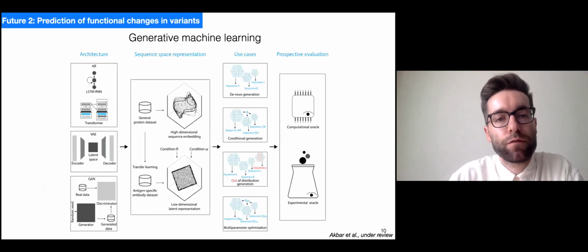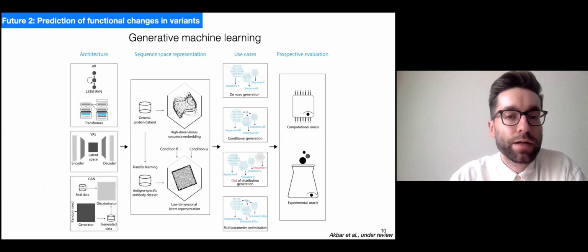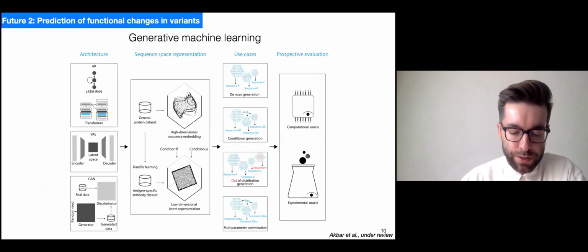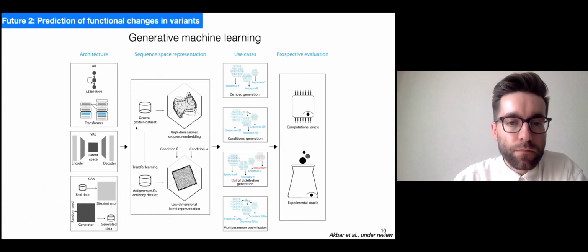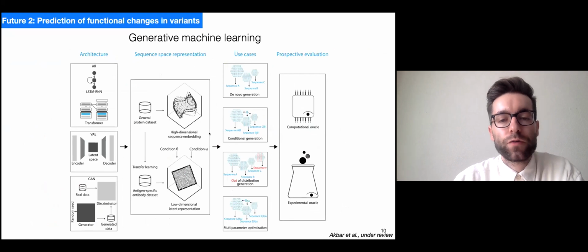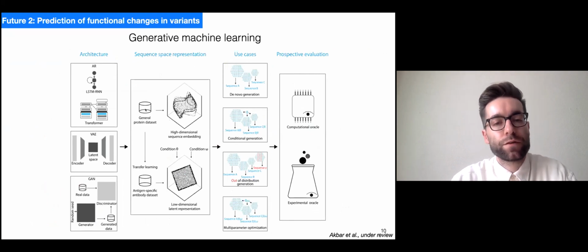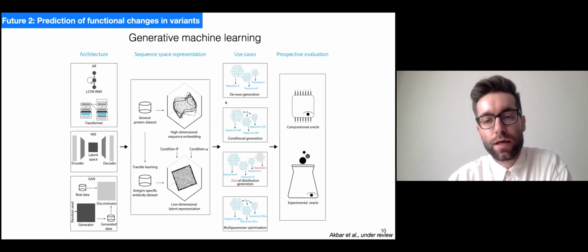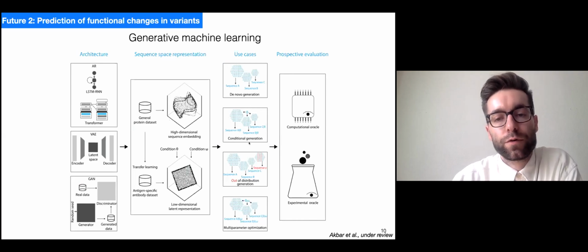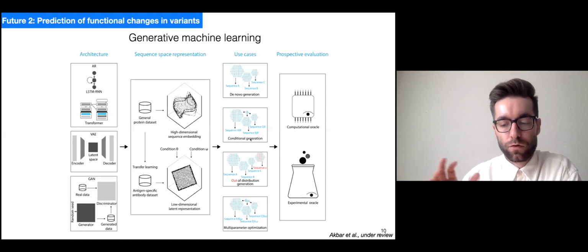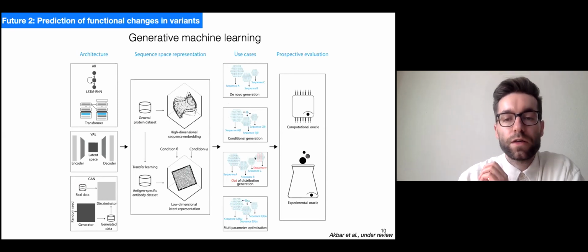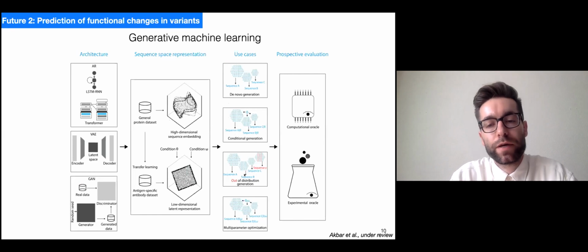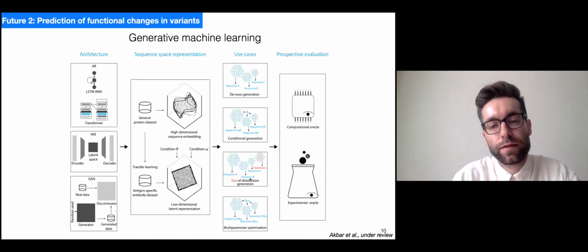Also on the variant level, we have a field that is now exploding, which is generative machine learning, which means that you can input a training data set into a generative machine learning architecture, and there are several of them, in order to then generate new sequences that are different from the training data set but retain a certain function. And that can also be further complicated, of course, with conditional generation. So you want only to have proteins with a certain